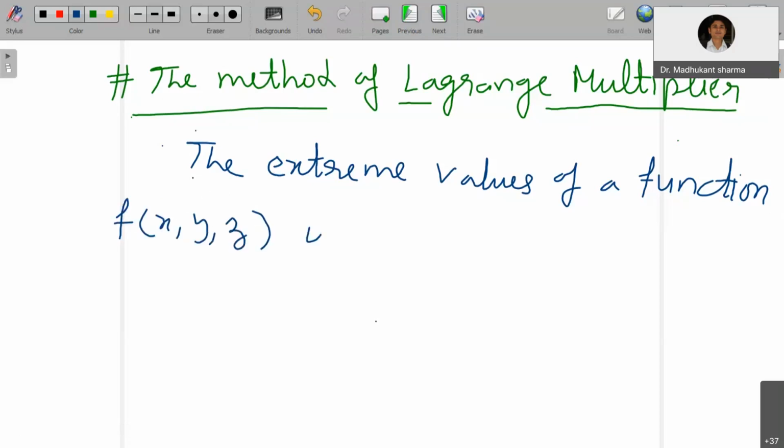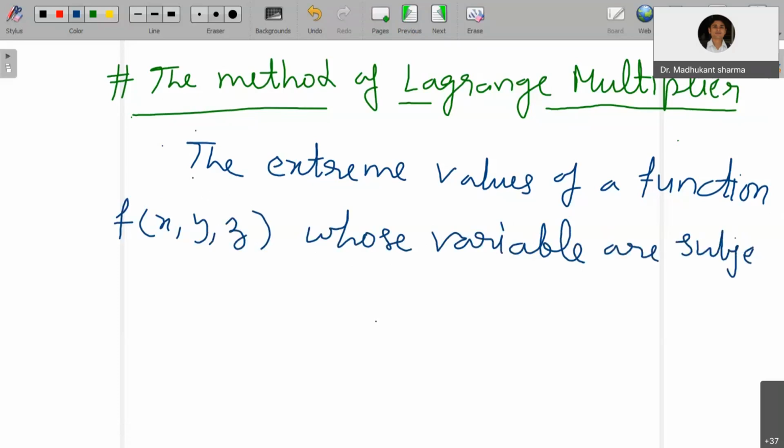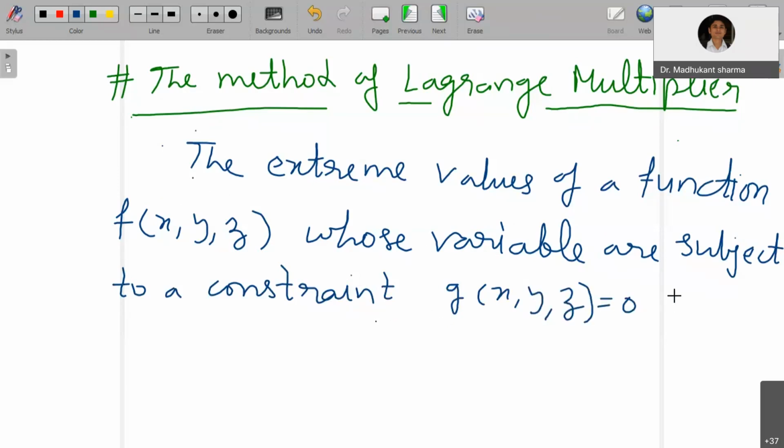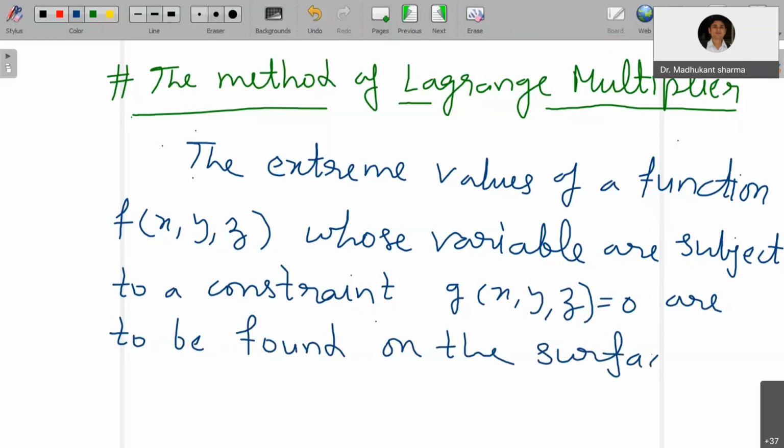z, whose variables are subject to a constraint g of x comma y comma z equals 0, are to be found on the surface g of x comma y comma z equals 0